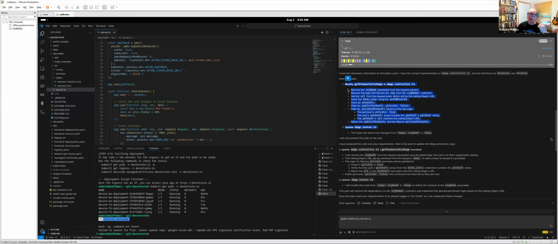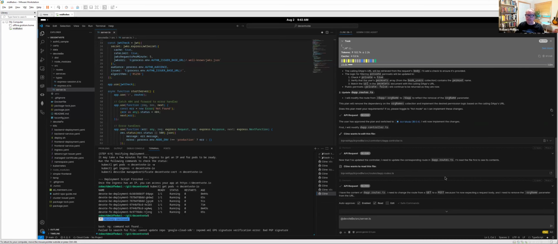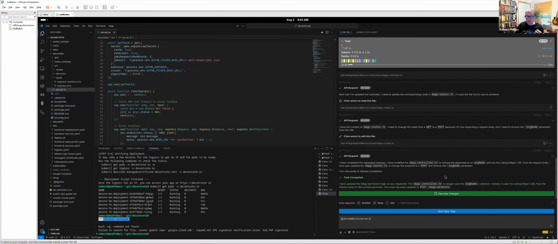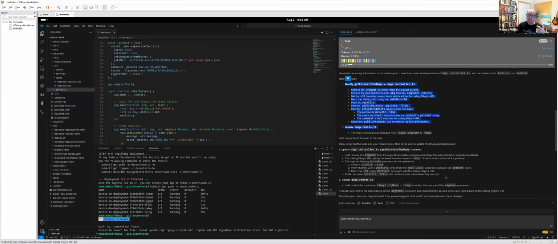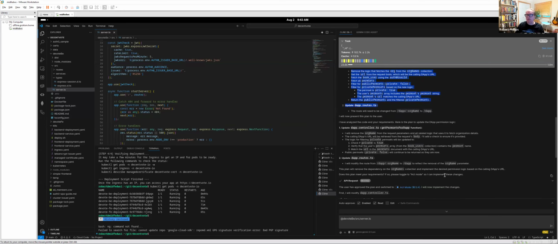So in other words, I had to define the prompt to say remove the org name. I actually had to tell it I don't want the org name as part of the process for querying the MongoDB database. It doesn't need that information. And I knew that because of the structure of the application, right? And then let it give you a path. Let it give you a step-by-step methodology about how it's going to do this, right?